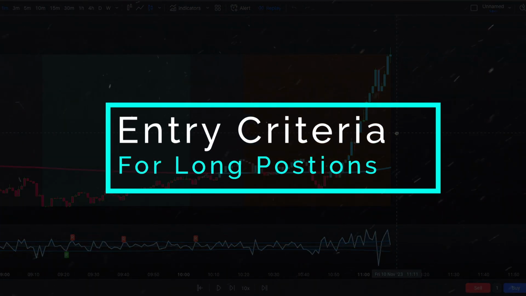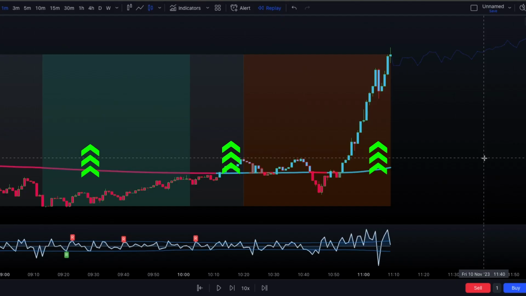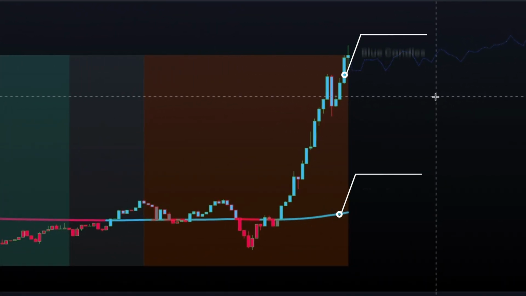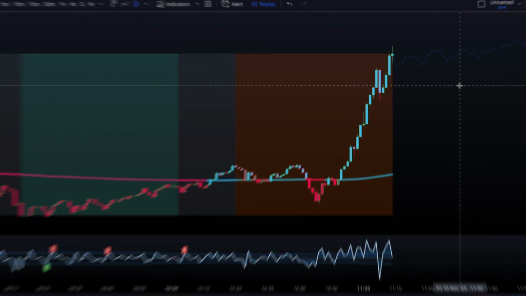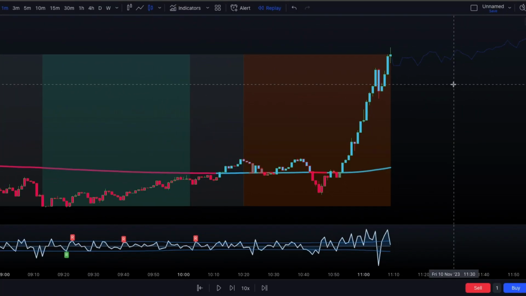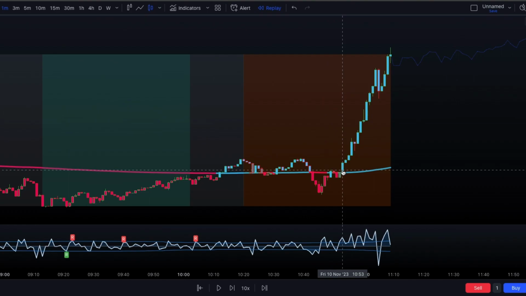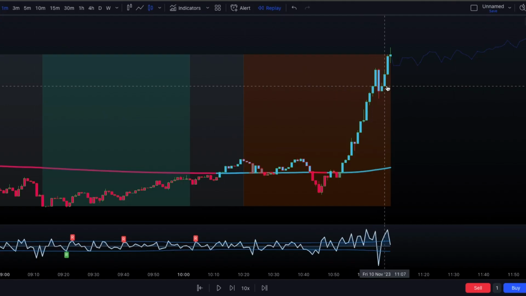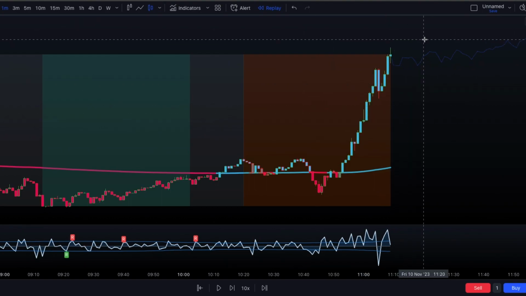Now let's go over our entry criteria. When looking for longs, these three things need to be met. First, the price candles must be blue, signifying the trend direction is in buys. Secondly, it must touch the top of the reference window, as you can see, this orange box, and the candle closes perfectly at the top. And then for our final confirmation, we need to make sure that the Volatility Oscillator is above the zero level. Once all three conditions have been met, you can take an instant execution with your stop loss below the most